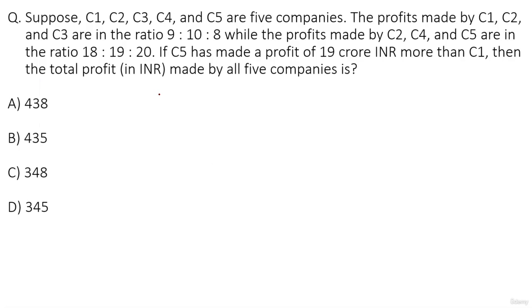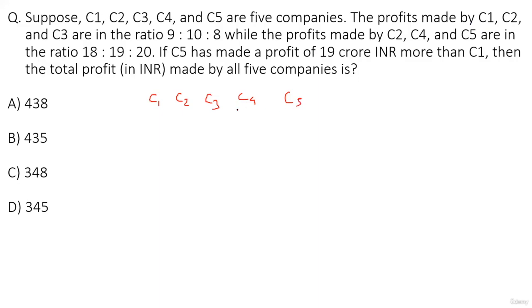all the companies is. So guys, what we'll try to do here is we'll try to establish the ratio between the profits of all these 5 companies, C1 to C5, and then जो भी difference यहाँ इसमें बताया है question में, using that we find out the sum. Okay, we'll do that. Okay, so the first step is to figure out the actual ratios of the profits made